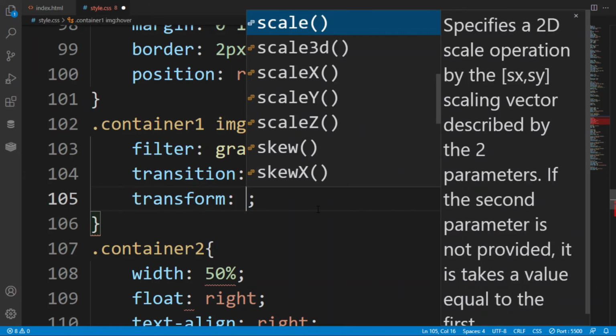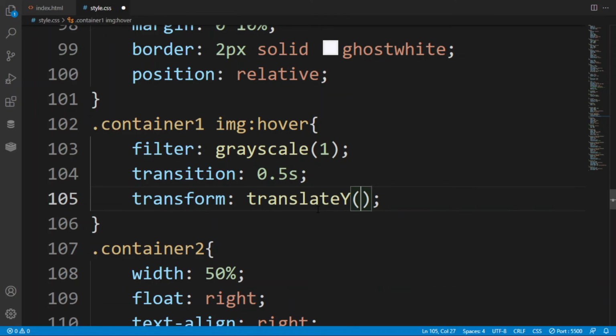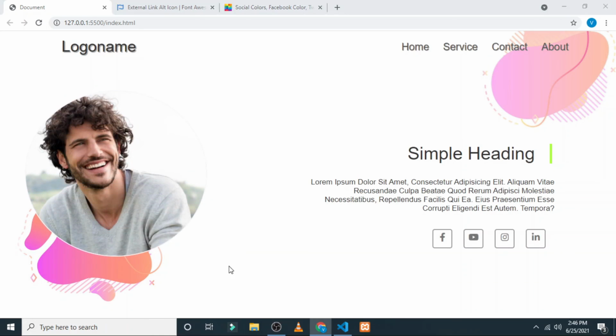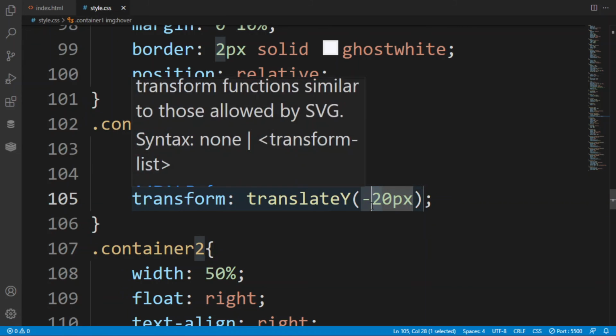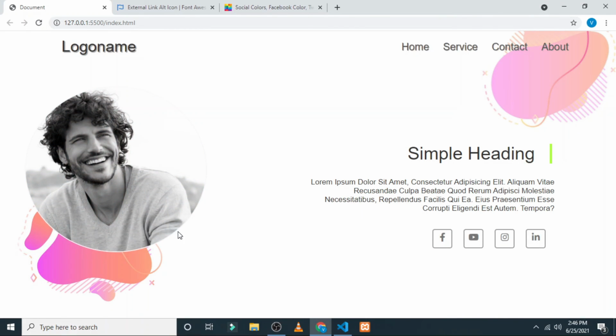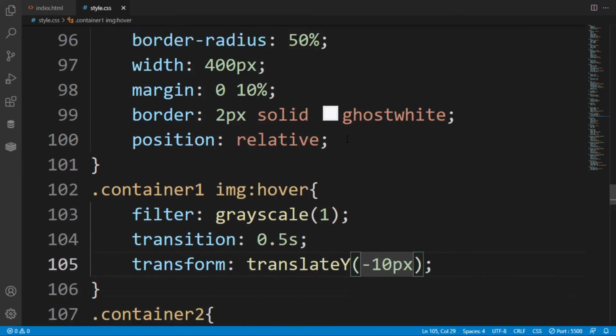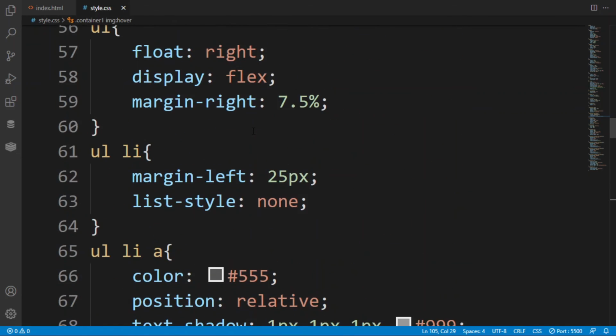Here I am giving the transform of y axis also, because when I hover, the image will increment on the y axis. Here you can put the transition in the image, because there will be a smooth effect when we hover the list item. So this is the effect that we have created till now, and this is the web page that we have created with a few lines of CSS.